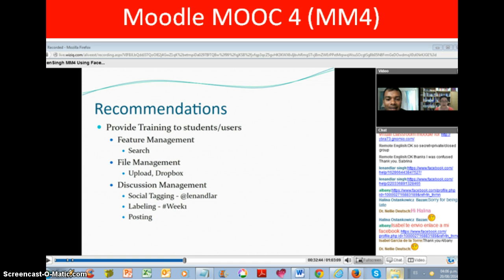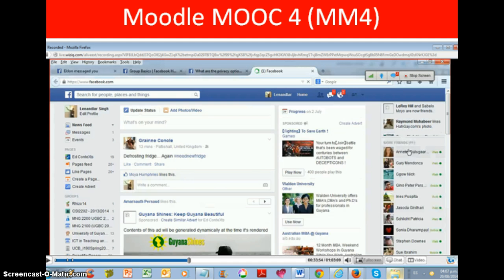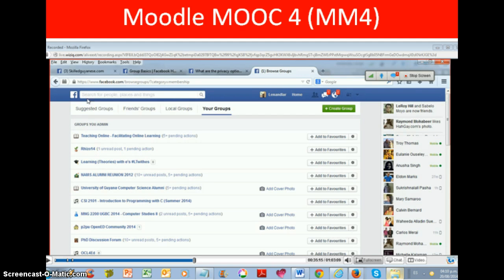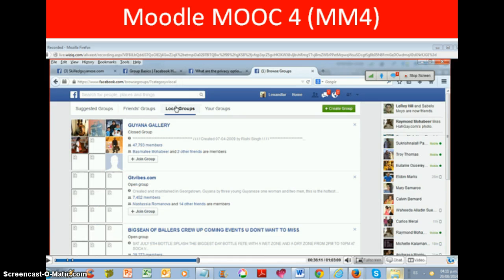After giving recommendations to use Facebook groups, lecturer Singh proceeds to give a live demonstration from his personal account on Facebook. But before that, he returned once again to ask if they had any questions about the class, and if so, to ask through the chat box. He showed his Facebook profile and the groups to which he is enrolled. Delineated within the yellow square, you can see the groups that the lecturer currently has. Pressing the link to more, we can see all the groups we belong to or manage. Also, we can see the local groups that he joined.